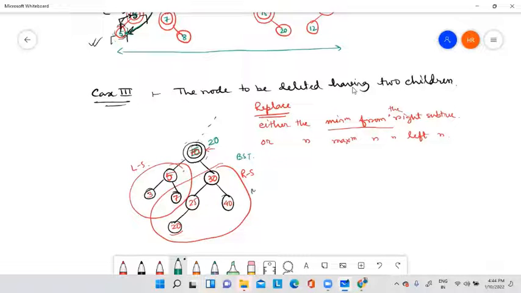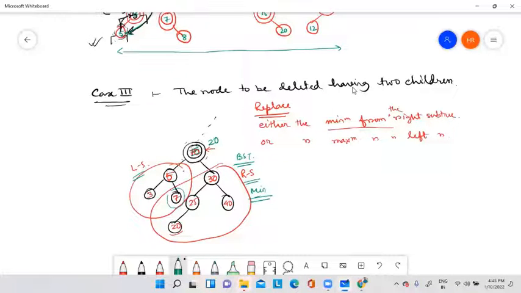So why are we choosing the minimum? Because in the right-hand subtree all the data are greater than this particular root element. So if I choose the minimum from this right subtree and replace that particular node, then it will still be a binary search tree. That's why we choose the minimum from the right subtree, or the maximum, because on the left-hand side all are smaller than the root. So which element should I put in this position? The maximum one. That's why, for maximum, I replace this by 7.